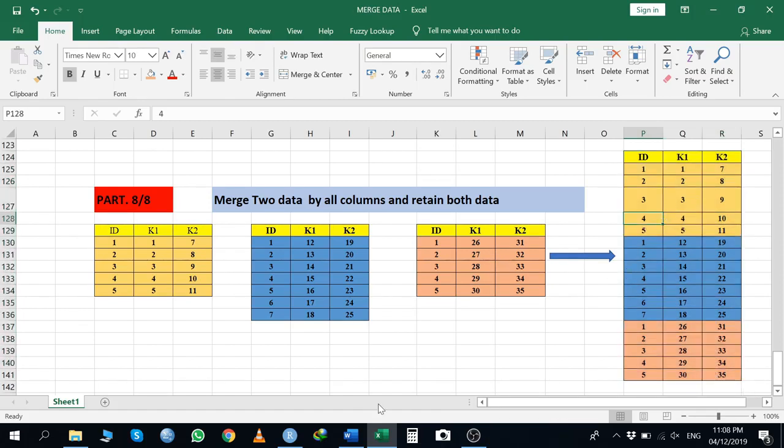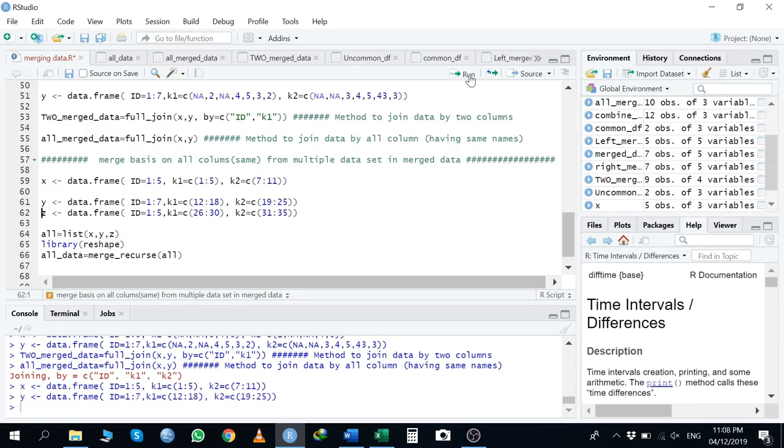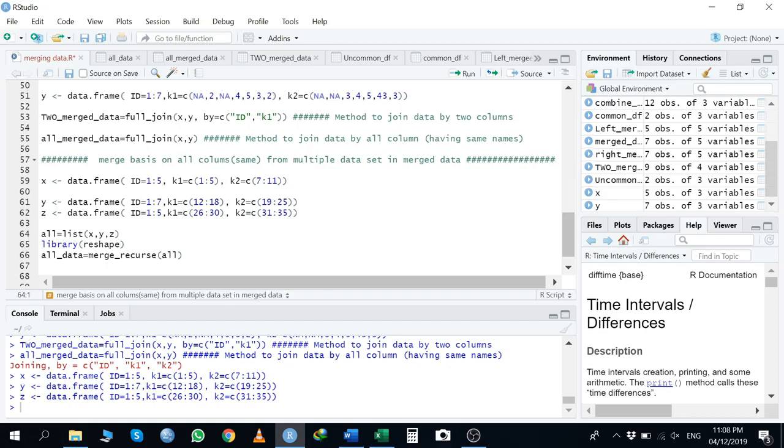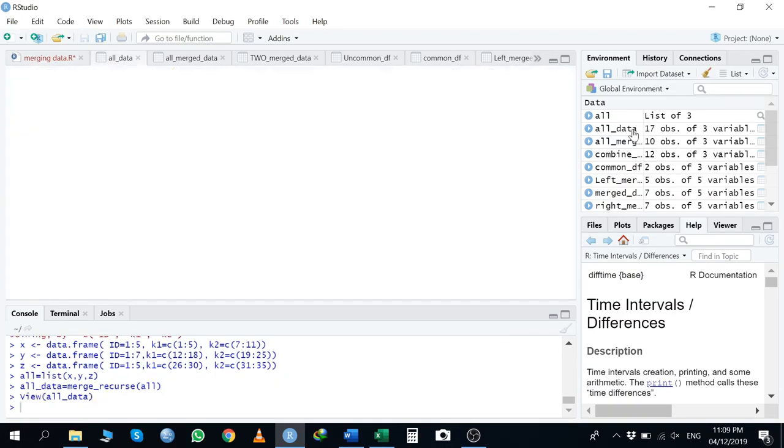To get this result in R, I have this command. First of all, I will make a list of all these data. Then I will load the reshape library. And finally, this is the command to merge all datasets. When I run this command, I get my required result here.